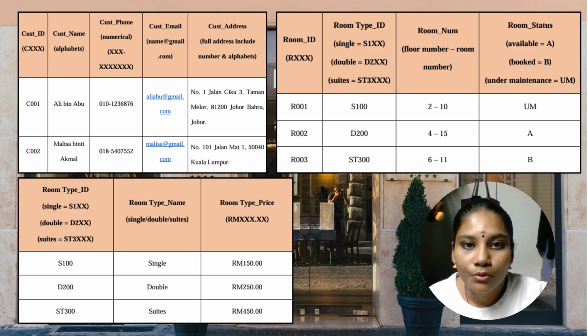Next is the room. Room ID will be R001, where R represents room, and room type ID S100 represents single. Room number is 210, where 2 is the floor number and 10 is the room number. For room status, UM represents under maintenance. So for room type, the room type ID will be S100, S represents single, room type name is single, room type price